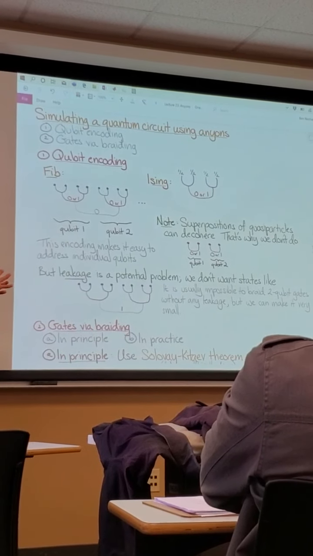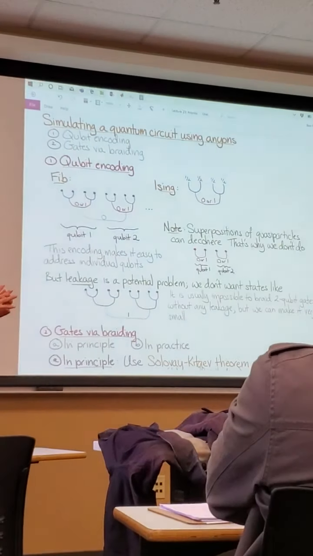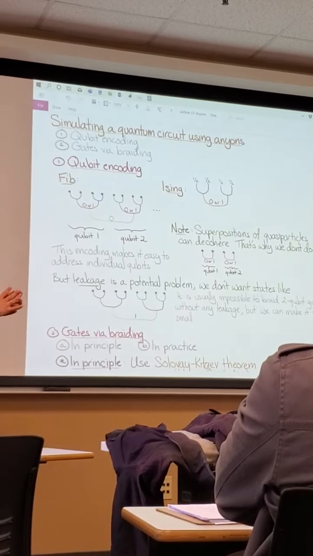That's fine. I mean, you could use more than 4 particles, in which case you get more than 1 qubit. Like for example,